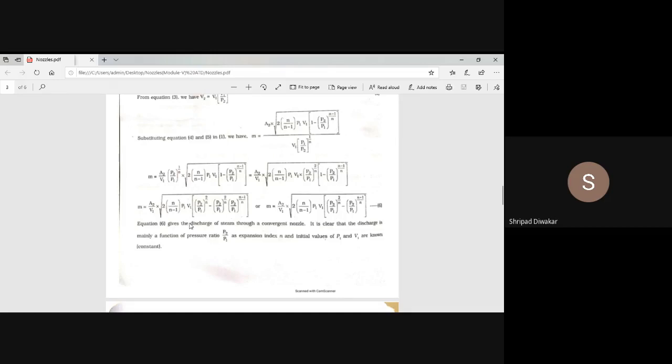Okay, next you have to apply the law of index. In the next step, A2 by V1 is as it is, square root of 2 into n divided by n minus 1 P1 V1, and P2 by P1 also you put as it is, 2 by n, and you have to apply the law of index. That is nothing but x to the power of a into x to the power of b equals x to the power of a plus b. You take the same base, and just you have to add the power. 2 by n plus n minus 1 divided by n.